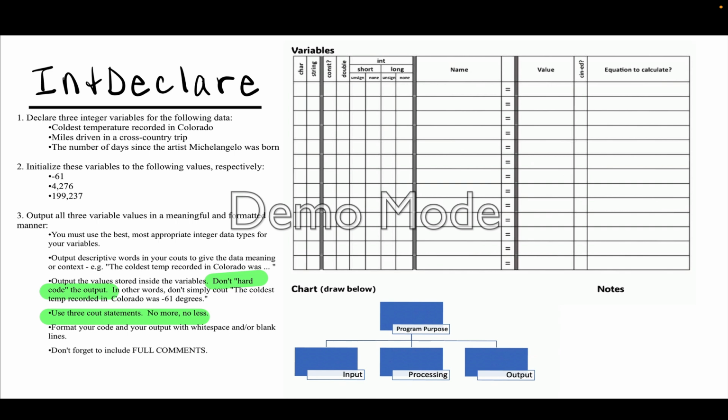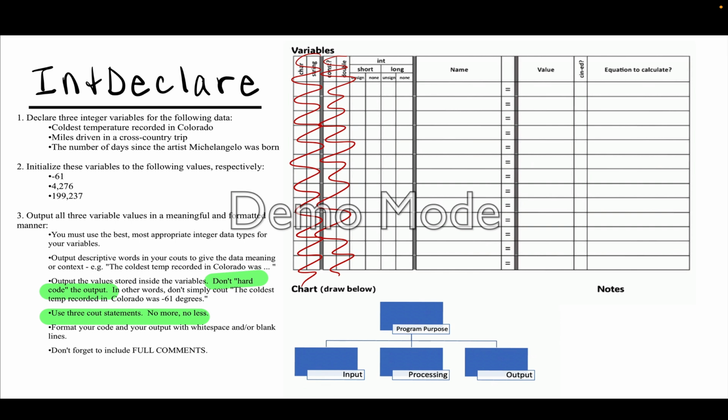So we have not yet learned any of the character data types. We haven't talked about constants, and we haven't talked about doubles, but we did just talk about int. So our variables, whenever we go to write them, are going to be ints. Whenever you're coming up with a name for the variables, they have to be very good names. They have to be descriptive. You need to make it so that when I look at the variable name, I know exactly what that